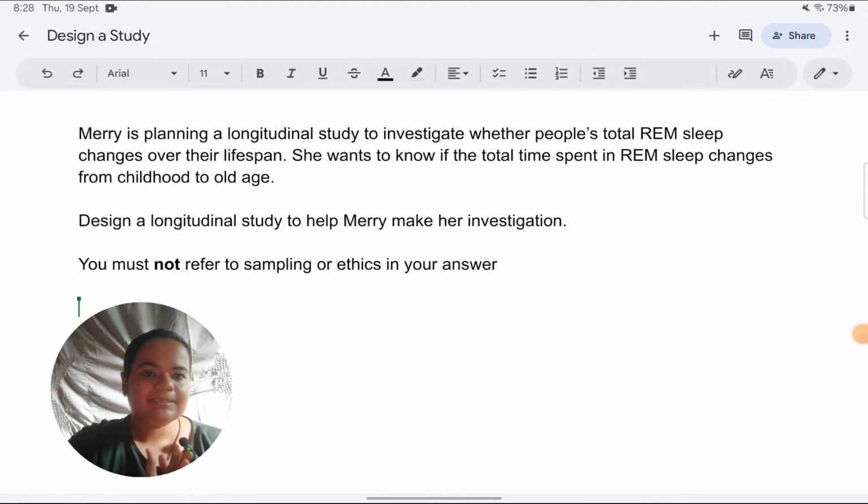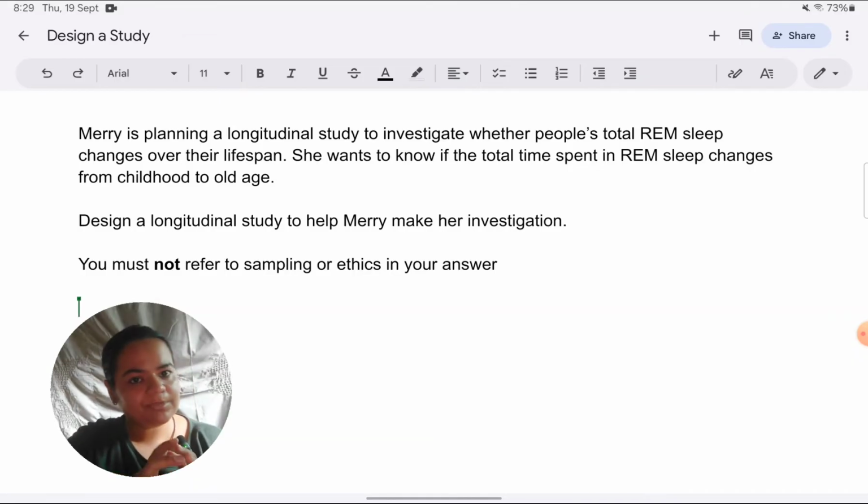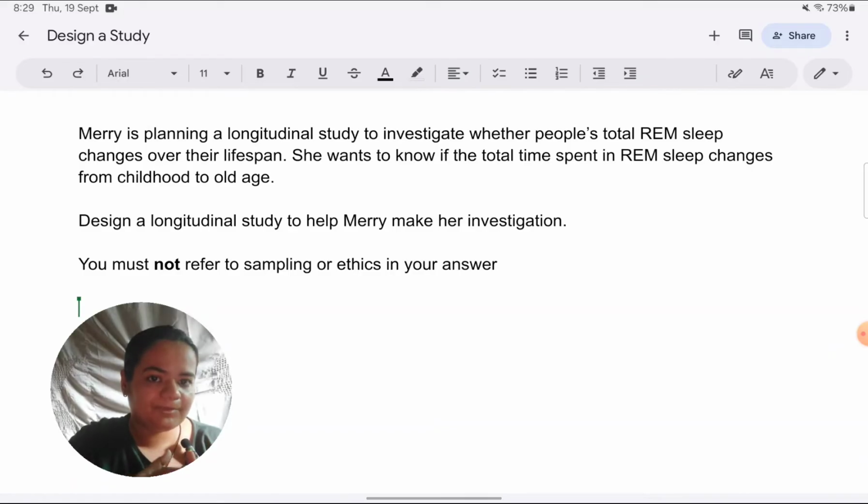In today's class, we will learn how to design a longitudinal study for paper 2. In this class, I'm going to explain to you not only what steps you need to cover in the study, but I will actually design a sample study and show you. As I'm designing the study, I will show you how to apply the features into the study, and we will also learn about common mistakes that students make while designing and how those can be avoided.